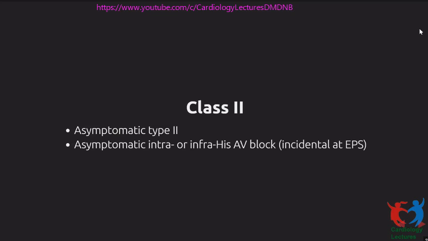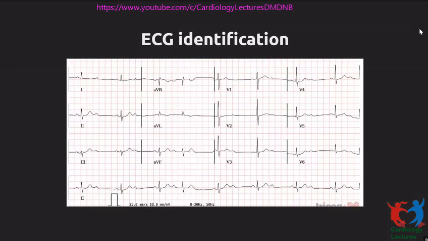If you have asymptomatic second degree AV block, in that case, it becomes important to know whether it is infranodal or nodal. So if you see a type 2 pattern on the ECG, it's considered typically infranodal. Or if you demonstrate on EPS that it's intra or infrahisian block, then you need to pace these patients. So clearly nodal block has a more benign prognosis, can be physiological or functional, whereas infranodal block typically indicates pathology and has more malignant outcomes. Therefore, this differentiation. Now, how do you identify this on the ECG?